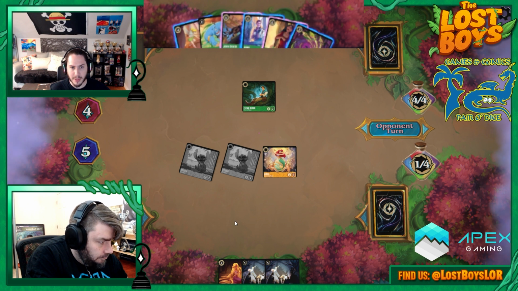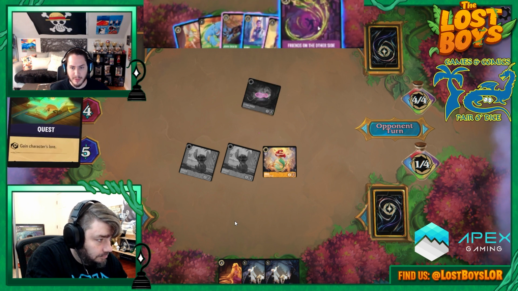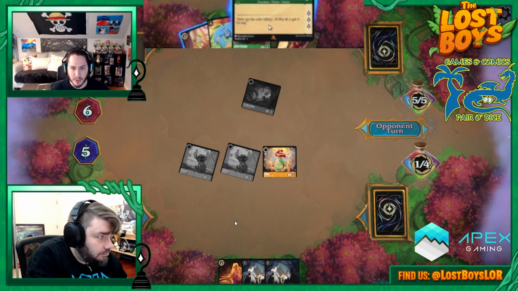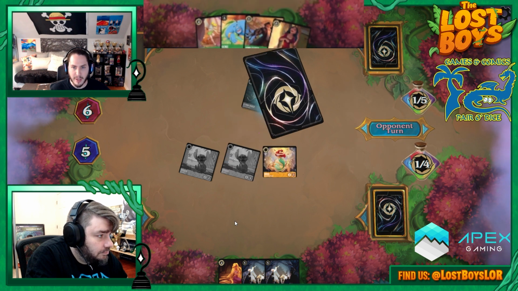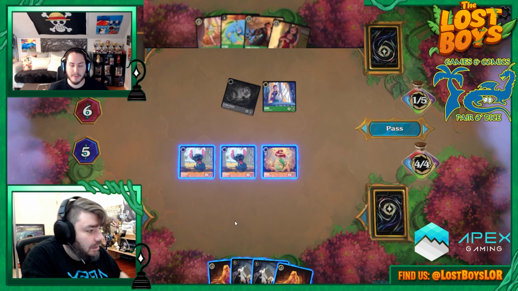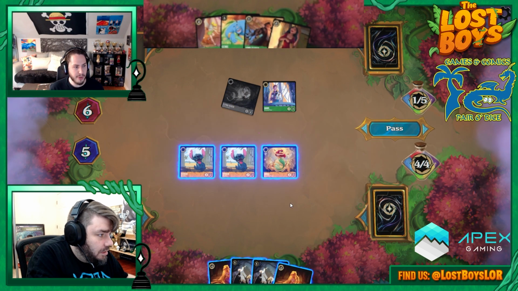We're definitely going to be questing with this Mamma Jamma. We do not need this Friends on the Other Side. We just need to play to the board. And what does that better than a Hans? All right, so outpace you for a little bit. This is tough. I don't really want...